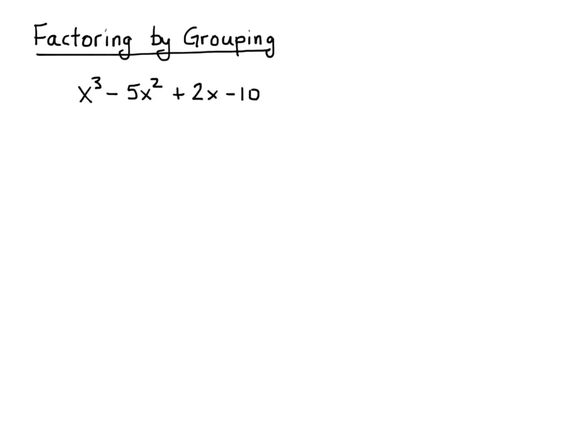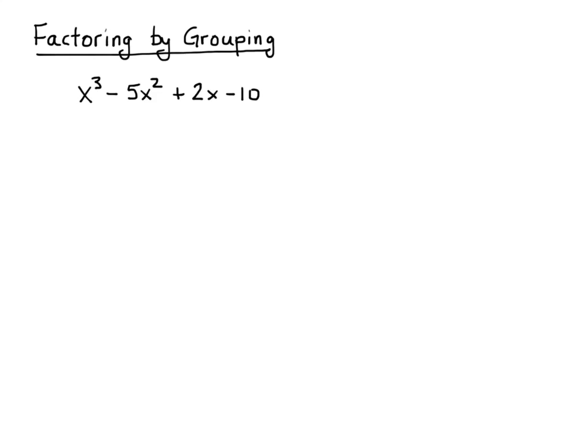So the first application is when we have something that looks perhaps not factorable or easily factorable. We have an x cubed, x squared, an x, and a constant term in there. So how do we factor this? One of the key things to look for is to look for pairs. And here we have a coefficient of 1, and then the x has a coefficient of 2. So immediately think in your brain, okay, we'll multiply that by 2. Take a look at the second coefficient. We see a negative 5. And here we see the constant term is 10. So perhaps what we can do is